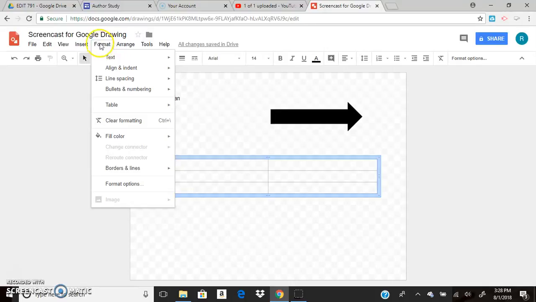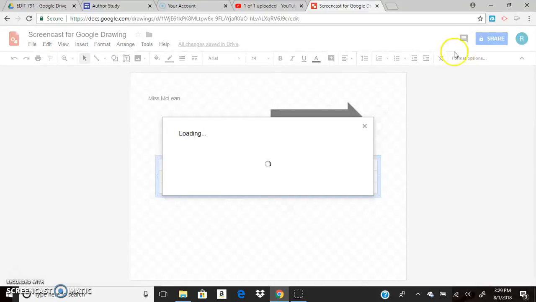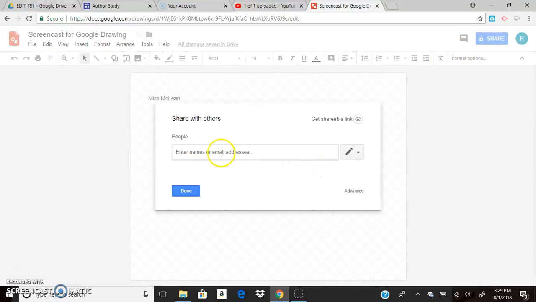So then you can even format. So this is very similar to Word. If you like using Word, you can do all the same things on Word, and you can do them here as well. The benefit of Google Drawing, just like Google Slides, is that you can share it. So you can put the person's name, their email address, you hit done. Like I said, it gets sent to their Gmail and they can open it. Just remember, you have to put on can edit so that all of your group members can edit the material